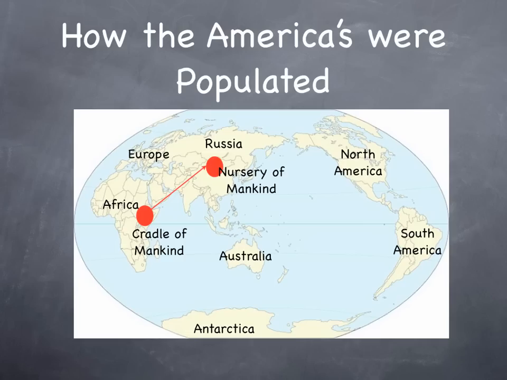Everybody settles there, and it's from there that the rest of mankind, those who later inhabit the Middle East, India, South Pacific Islands, Europe, Russia, all of them come from the nursery. And that all occurs between 45,000 years ago and 15,000 years ago, Europe being the last to be populated. That's interesting because the reason it's last to be populated is because of a very specific set of geological conditions that were present during these early migrational patterns. And we call that